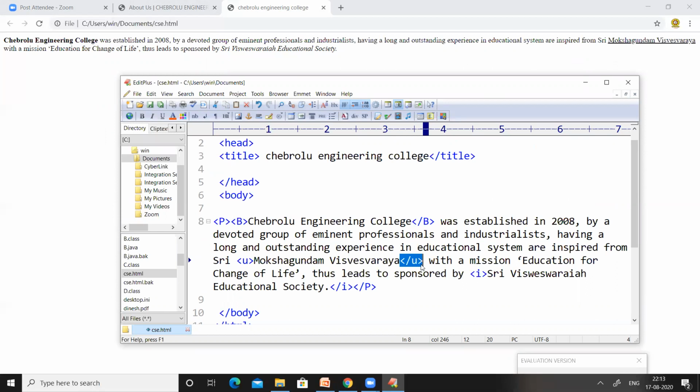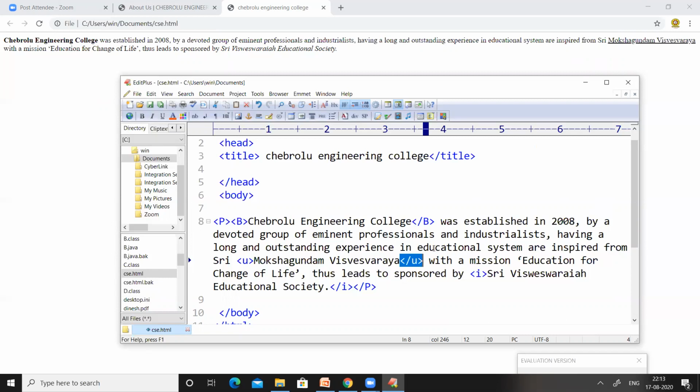So let us see another tag called the big tag. What this big tag does is, whenever we write some content between the start big tag and the end big tag, that content will be in a somewhat bigger font than the other text.